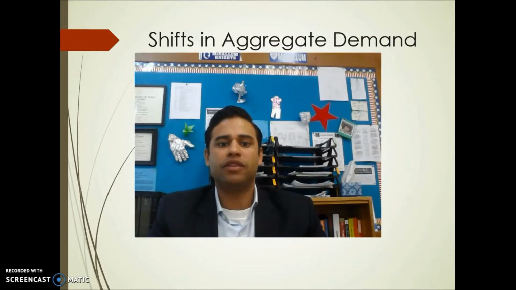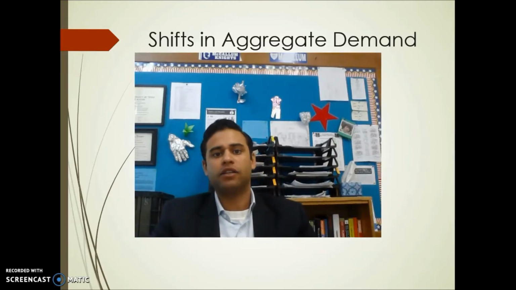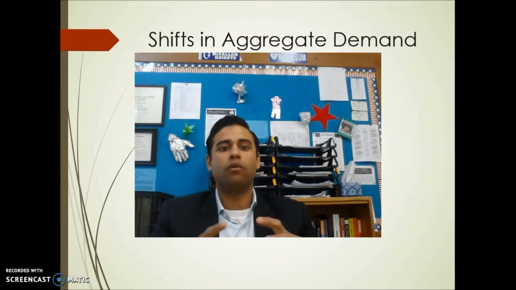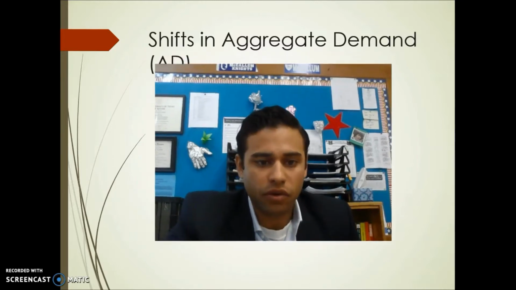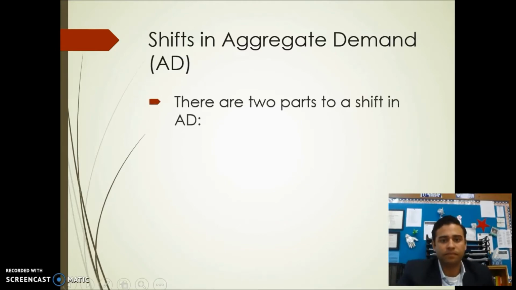So where we're going with this is, what can we then do as policymakers and bankers to manipulate aggregate demand back to macroeconomic equilibrium, right where we want it? And that would be countering the business cycle. So that really captures what we're trying to accomplish here. So let's go ahead and take our notes, with that understanding framing the way we look at all of this. Okay? So the first thing I want you to know is that there's 2 parts to any shift in